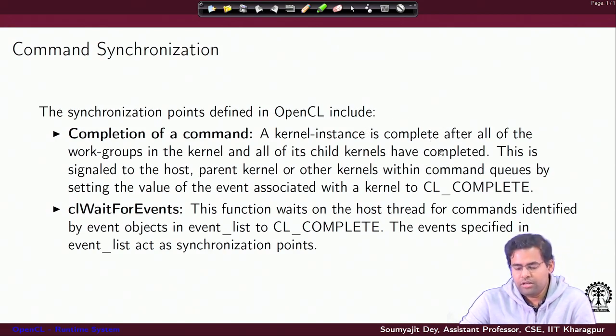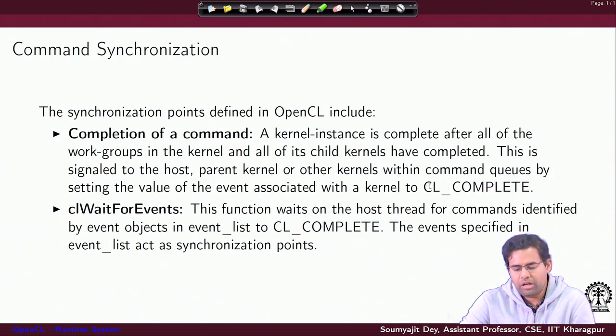This is signaled by the corresponding event that was defined while enqueuing this kernel execution command, and this finishing of the task of execution of the kernel is signaled to the host or the parent kernel. It is done by setting the value of the event associated with the kernel to CL complete.